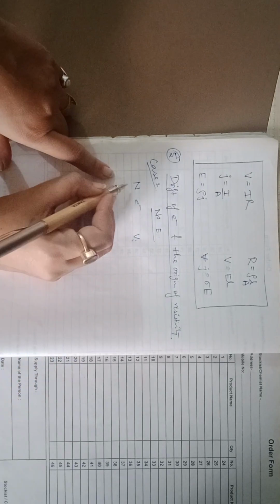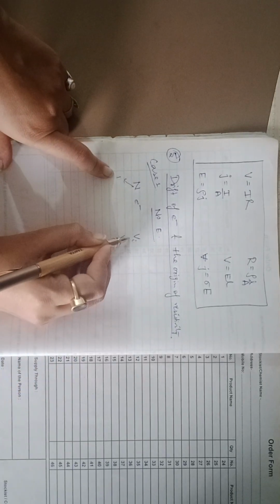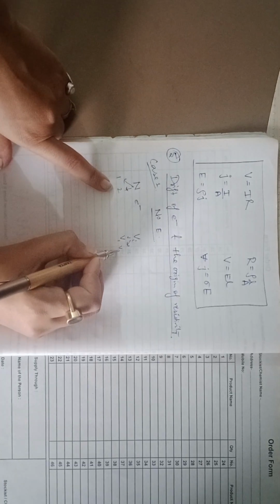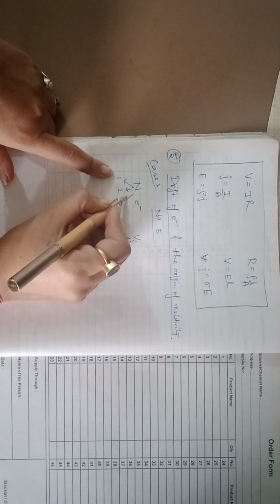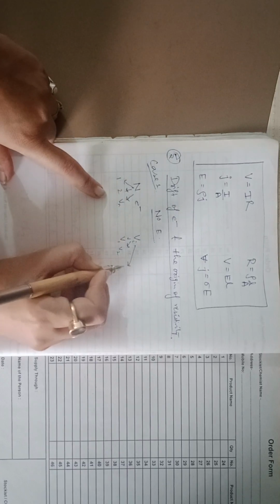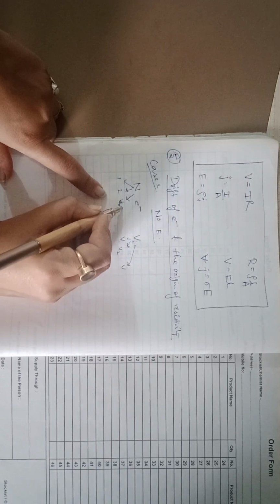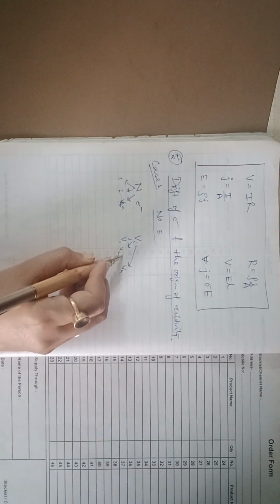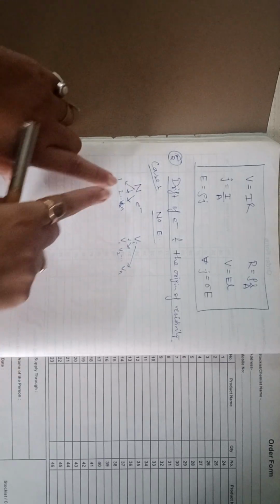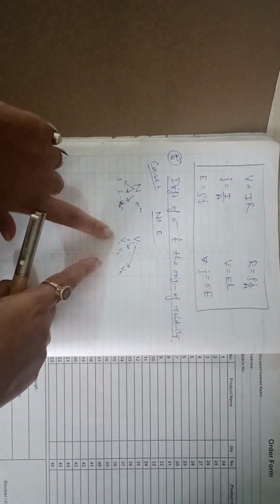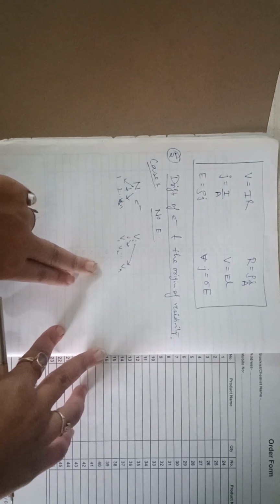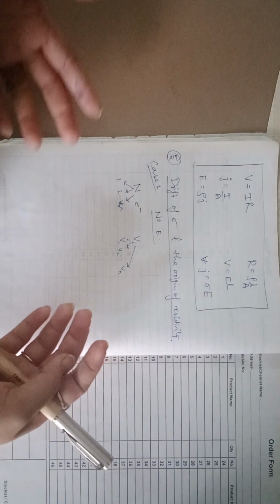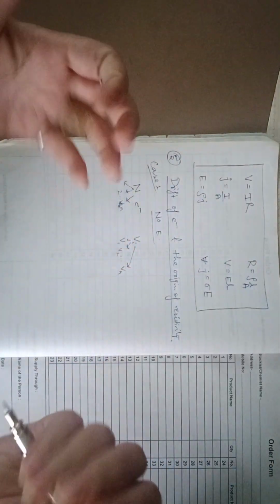So if n is 1, then vi will be v1. If n is 2 means second electron, then vi will be v2. Similarly, for n electron, the velocity will be vn. Okay, so this n means total number of electrons and this vi means the sum of all the velocities, and this will be tending to 0. Since we have discussed velocities will be 0, directions are opposite, so they will cancel it out.